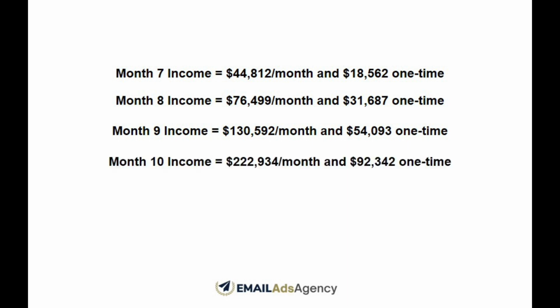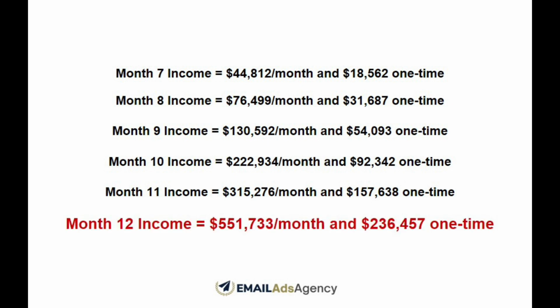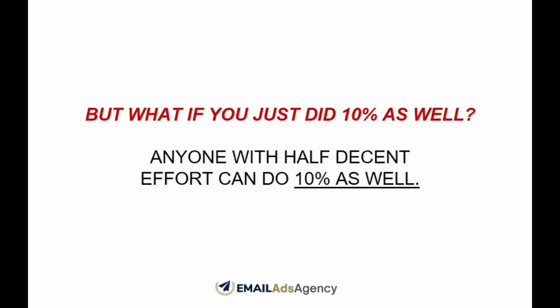At the end of month 10, it would be $222,934 per month and $92,342 one time. At the end of month 11, it would be $315,276 per month and $157,638 one time. And at the end of month 12, it will be $551,733 per month and $236,457 one time. Now, this may sound too good to be true for you, but what if you did just